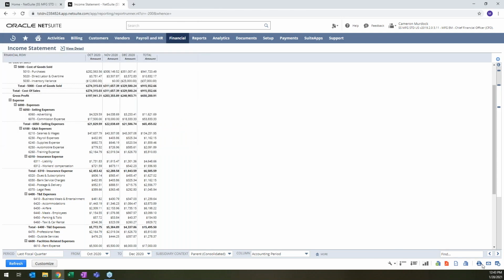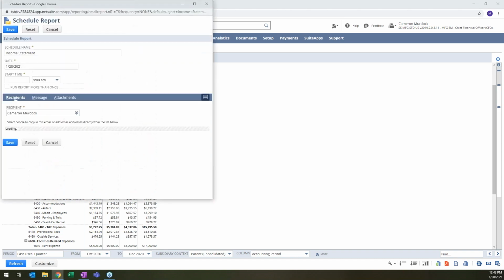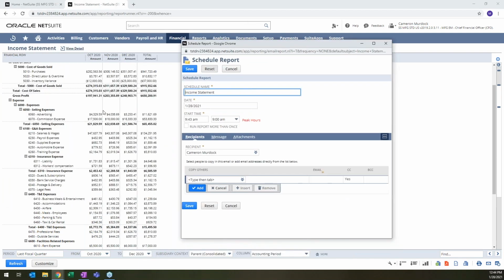So again, I can email it, and if this is a report that I want to schedule, say I've got a board that I meet with, or that I need to send an update to, I can schedule this to run every Friday, the last Friday of the month, or every 2 weeks. I can specify the individuals that it goes to, and it can automatically send that out to them. The beauty of that is they don't have to have a NetSuite license to consume it. They can get the email, view the PDF or the HTML if that's how you want to send it, and again, they'll get information outside of